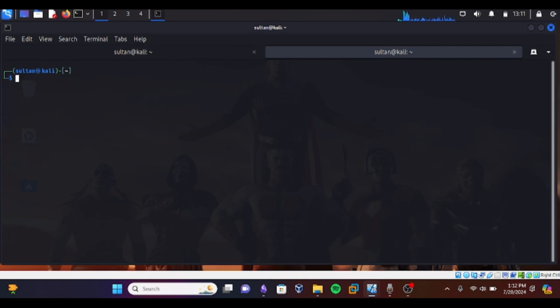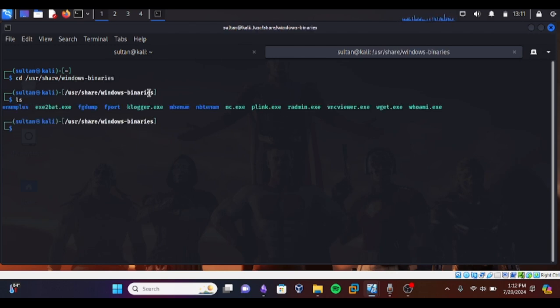Once we are done, we need a portable executable to inject the payload into. We have a directory that contains Windows executables, so we can just navigate to /usr/share/windows-binaries. Then we see a list of executables.